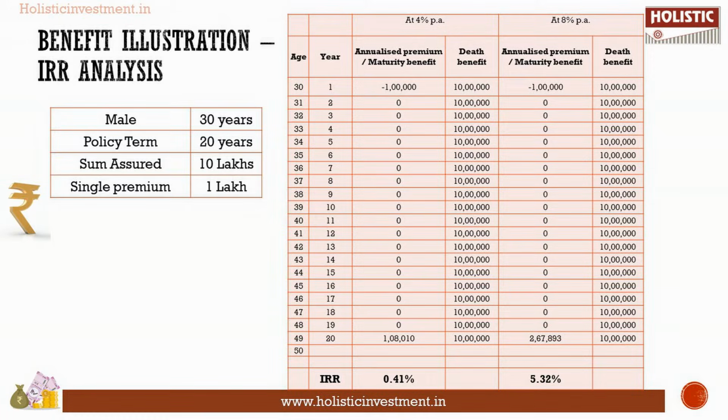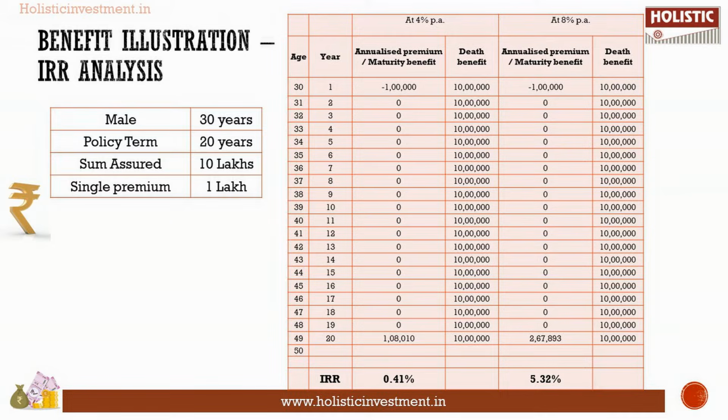Mr. A, who is 30 years old, purchases LIC Nivesh Plus for 1 lakh for a policy term of 20 years. He chooses plan option 2, that is 10 times the single premium. At the end of 20 years, he receives the fund value. It is assumed that the projected investment rate of return that LIC will be able to earn throughout the policy term will be 4% per annum or 8% per annum. The projected investment rate of return is not guaranteed.